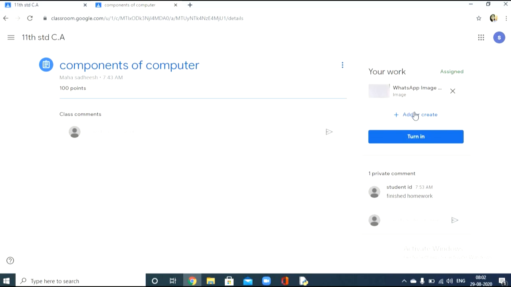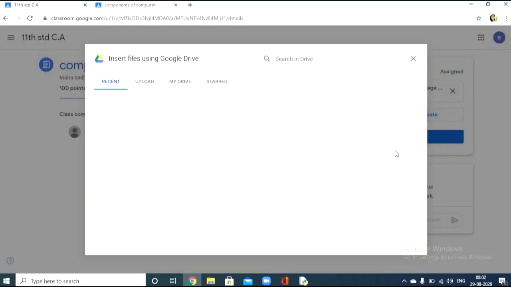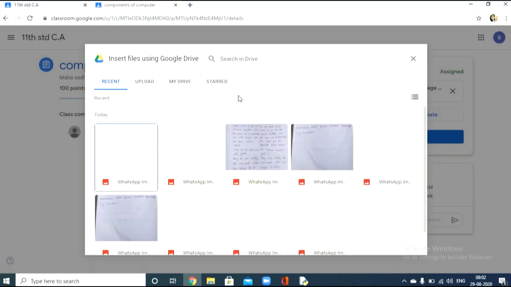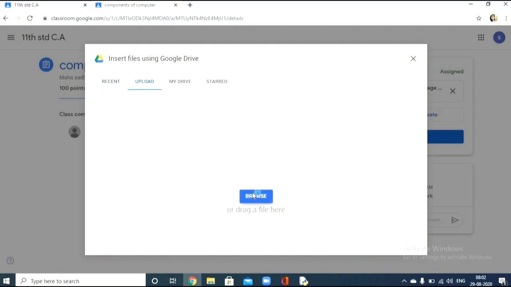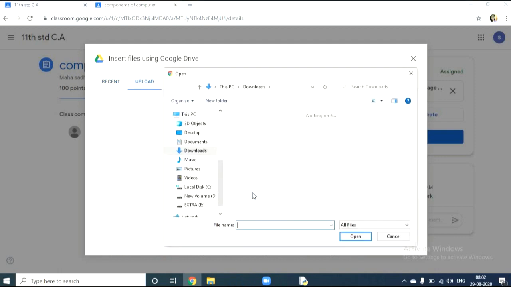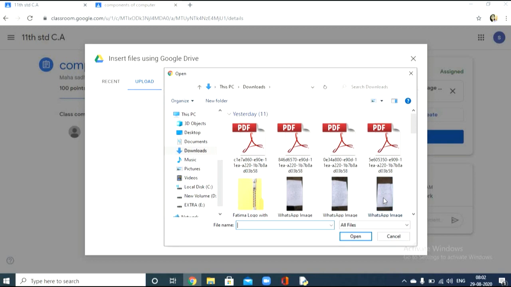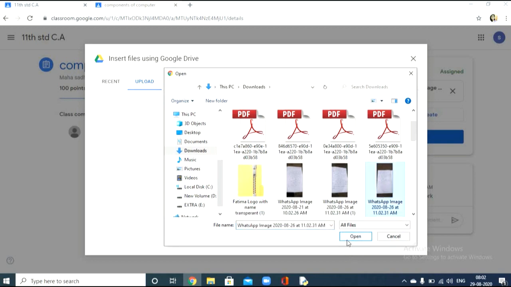If you want to post another page, do the same way. Upload, browse, select another file, click open.